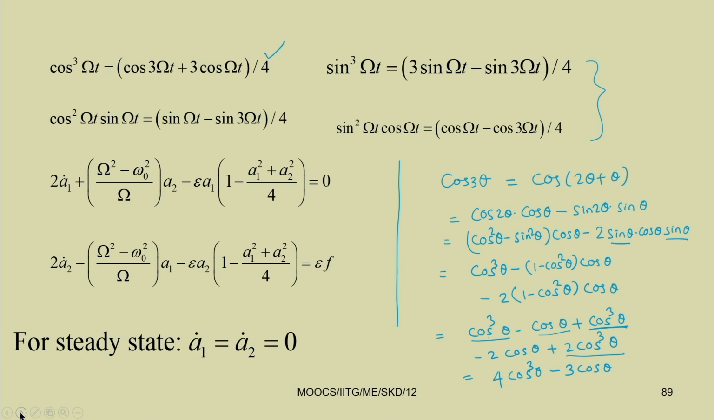Similarly, you can get 2a2 dot minus (omega square minus omega 0 square) by omega a1 minus epsilon a2 (1 minus (a1 square plus a2 square) by 4) equal to epsilon f. So, for steady state, we already know that a1 and a2 are slowly varying functions of time, so a1 dot and a2 dot equal to 0. By substituting a1 dot and a2 dot equal to 0,